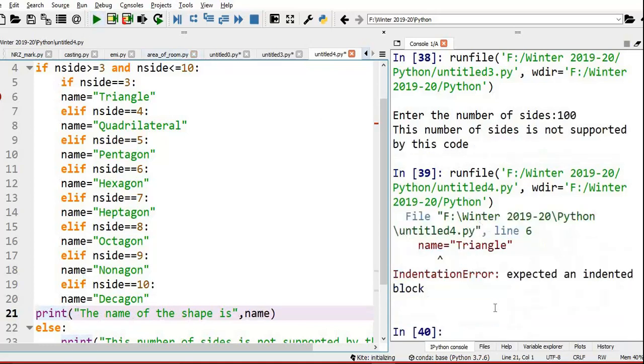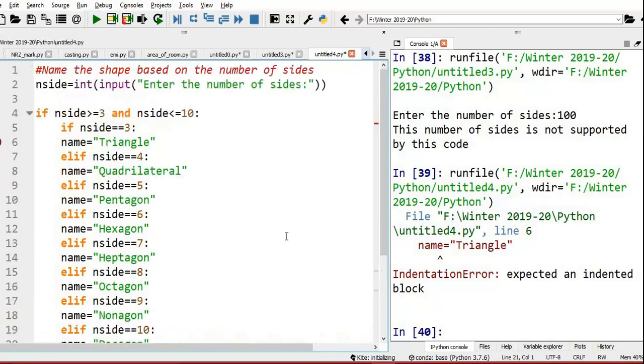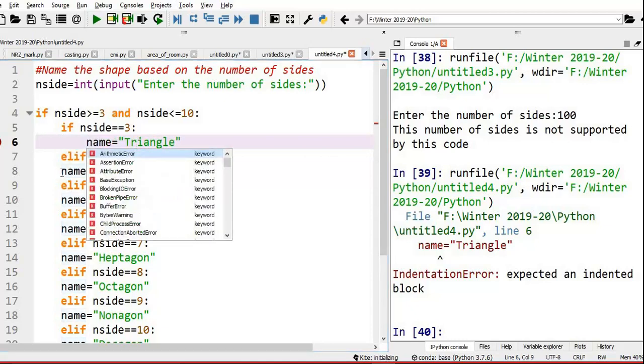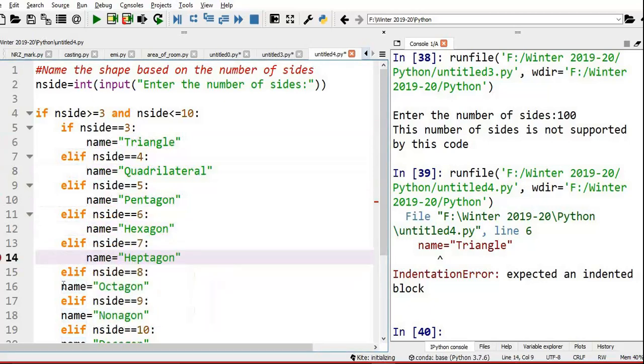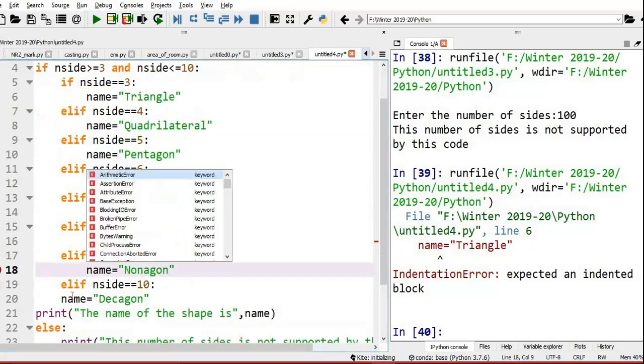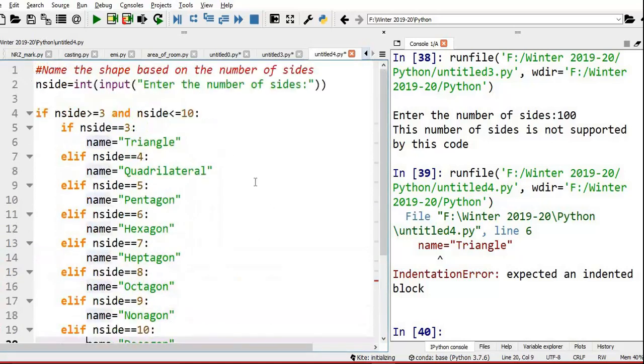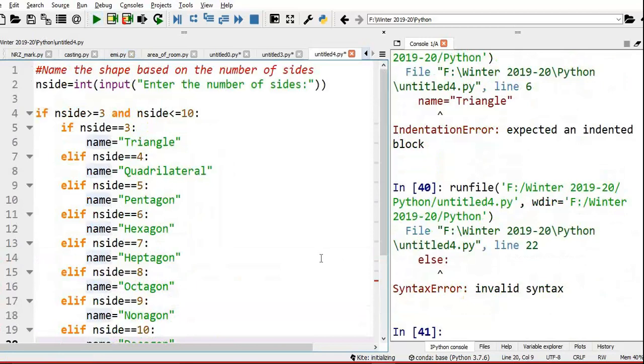Let us check this. Yes. See, again, there is an indentation error. We need to give indentation. That is the error it is showing. You just see the right hand side. This if else also we need to have indentation. Okay, now I think it's correct. Okay, invalid syntax.